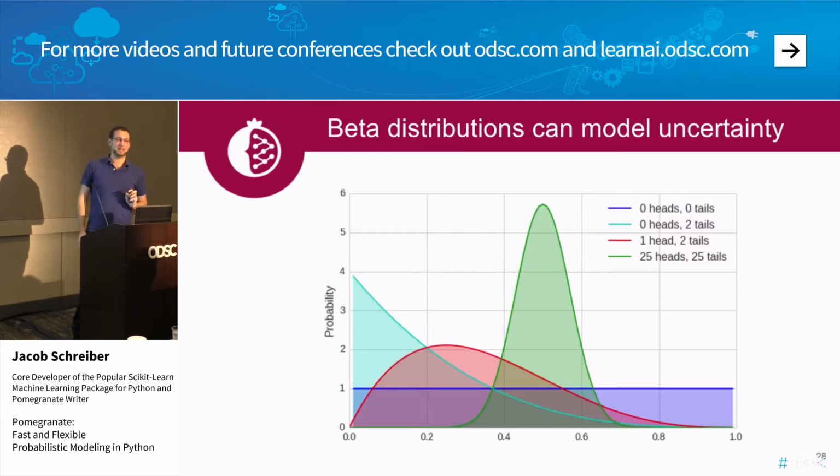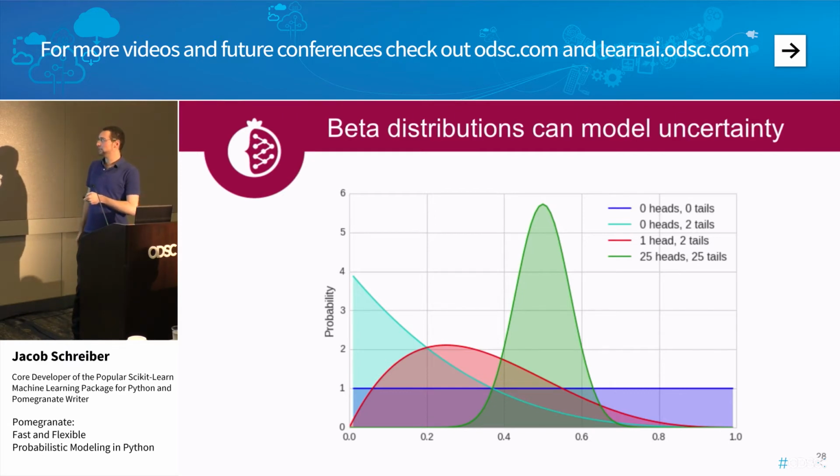So we turned to the beta distributions. Beta distributions model rates, and so they're a distribution that are between 0 and 1. The most canonical example is trying to figure out the probability of getting heads when you flip a coin. And so here, before you flip the coin at all, you get the blue distribution. You know nothing, and so it's just a uniform distribution. It could be any parameter.